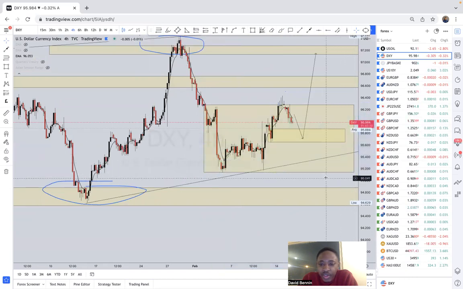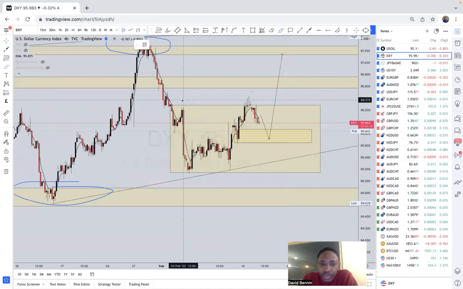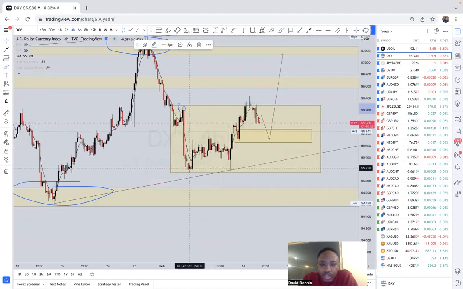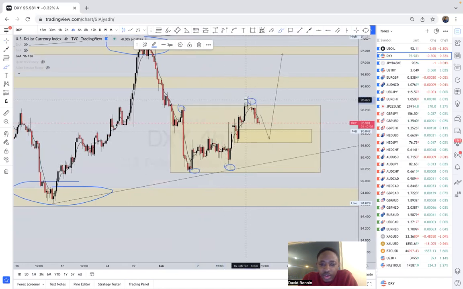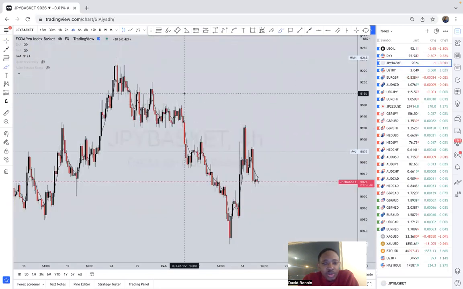Price creates this level here, this level, that level, this level, and this level here, right? So we either stop here or stop on this trend line and then push up if price is going to look bullish. So when we do this, we would want to also look at the structures that are forming on the US dollar pairs to help us to make a decision on what we could expect on the dollar, right? So next, what we are going to look at here